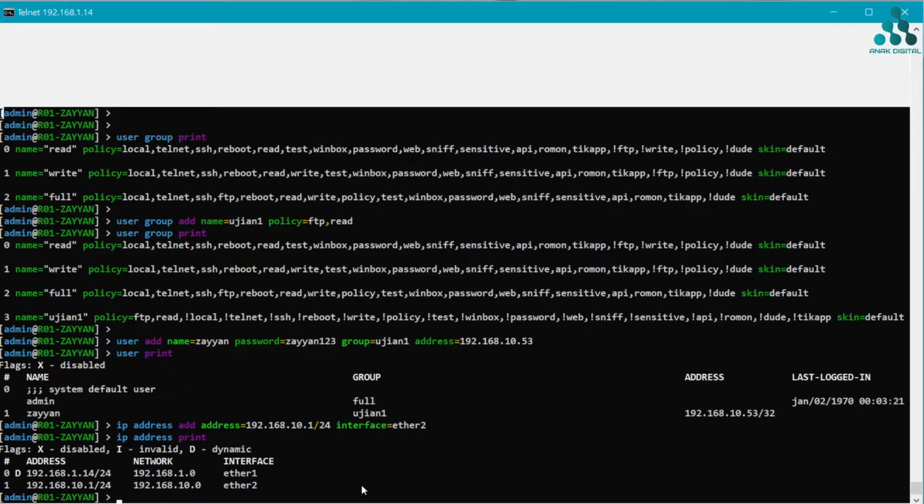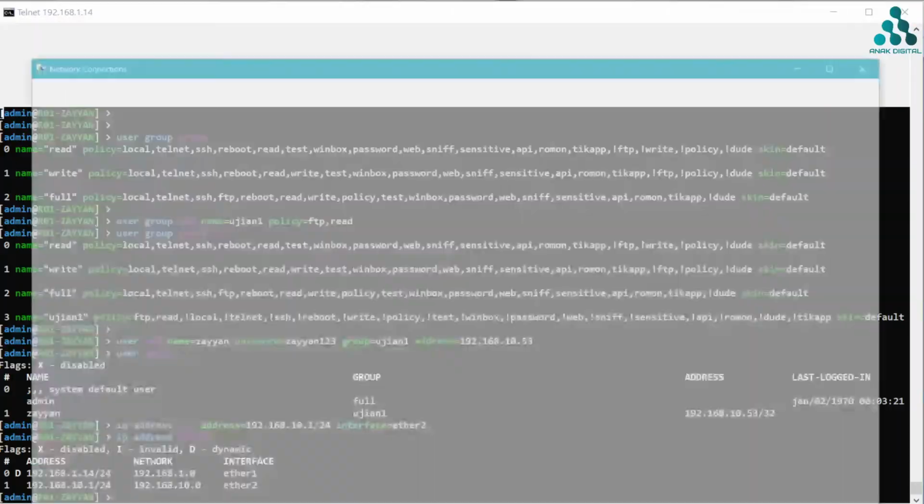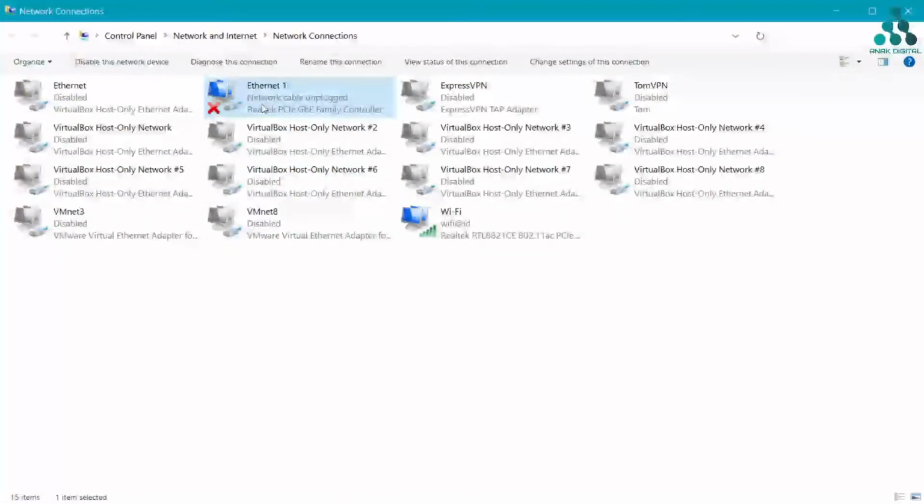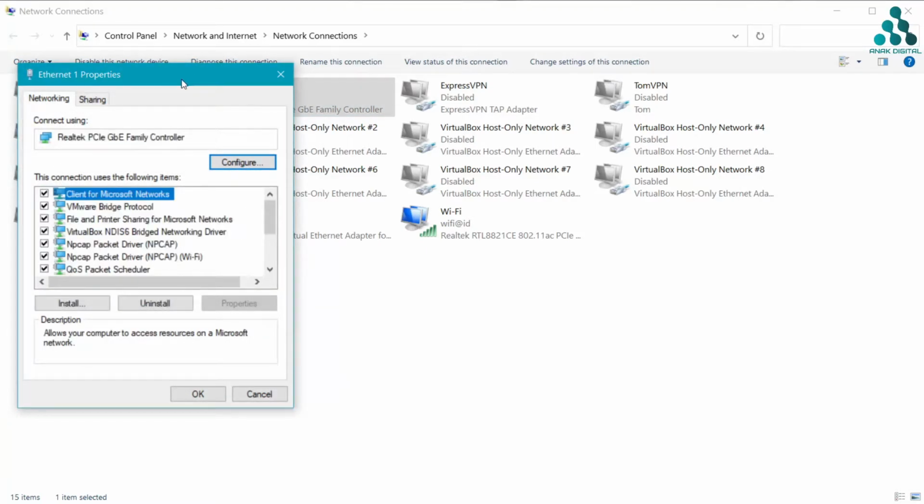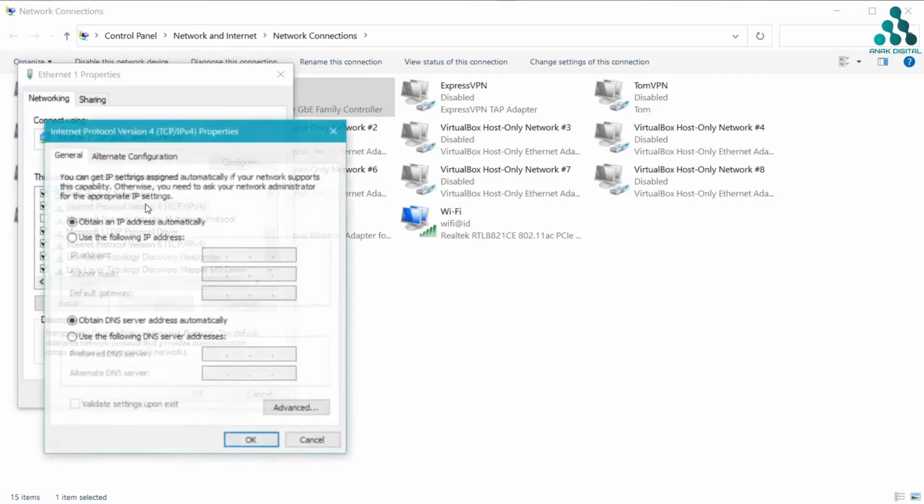Okay, and then for testing you must make a static IP on your computer. Refresh, click Ethernet, double click, and then IPv4.